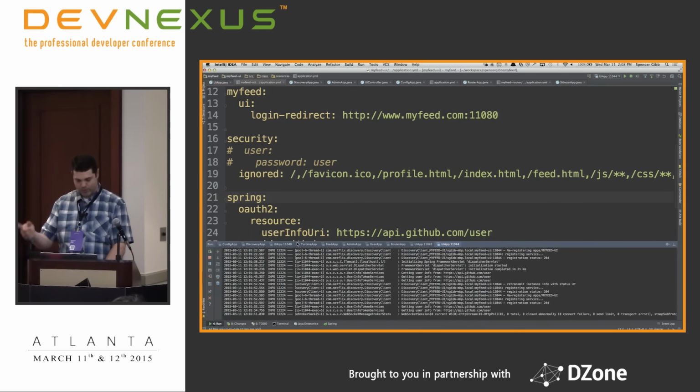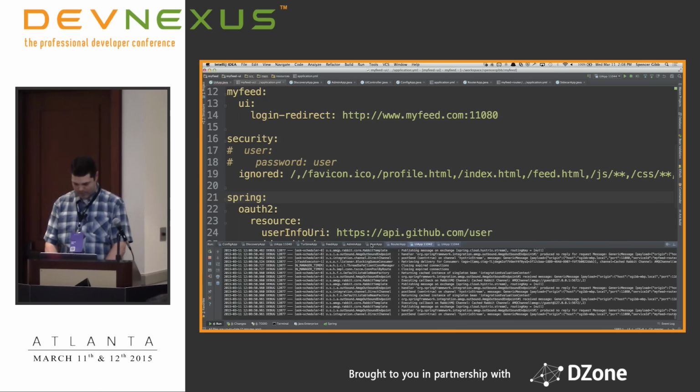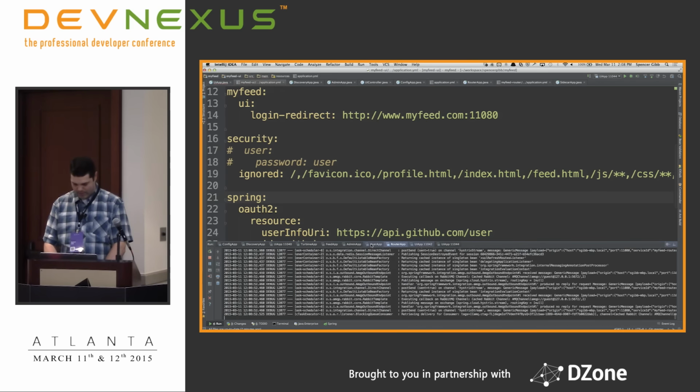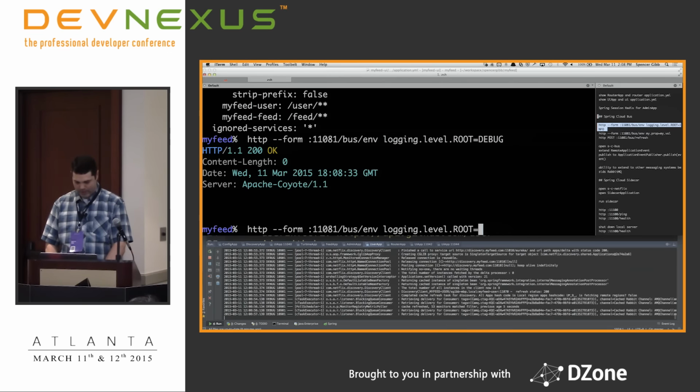Like I said, it's going through and refreshing the Spring context. So now our UIs, of course, I'm just going to bring my system to a crawl, because now every app that I'm running is spitting out massive amounts of debug information. So I'm going to turn that off. So there, and it stopped.